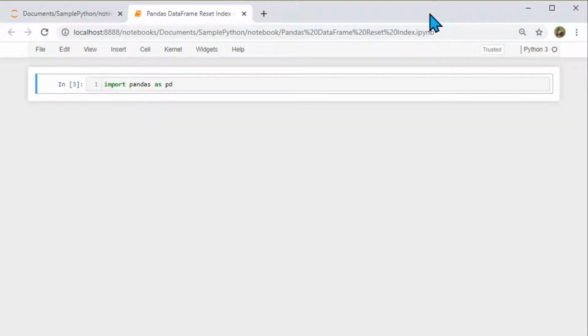Today I'm looking forward to discussing with you the pandas data frame, which is very heavily used in any Python program. Like in an Excel spreadsheet or in SQL tables, we have rows and columns. In a Python data frame, we have rows and columns, and today we are going to see how we can change the index, how we can select a row, or how we can select a column, and how we can work around it.